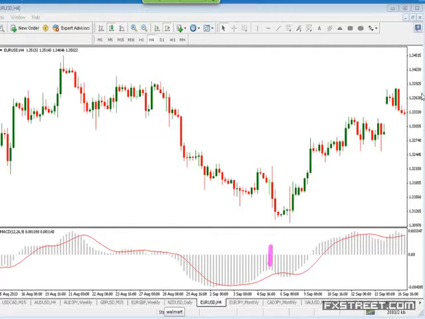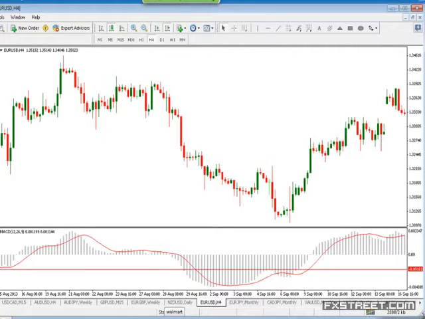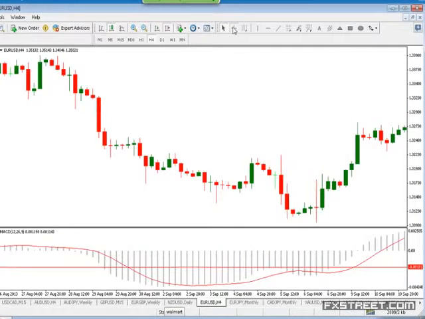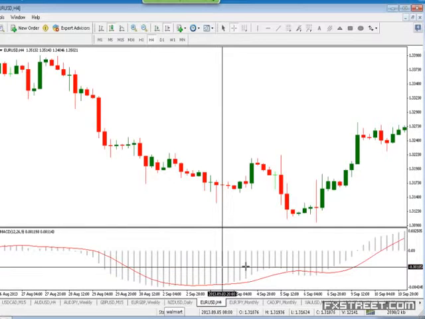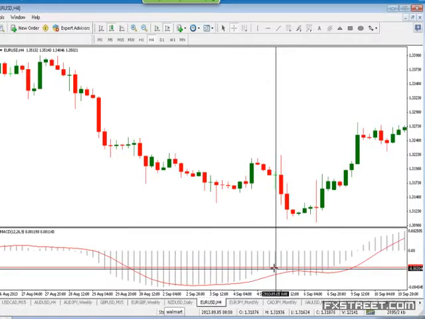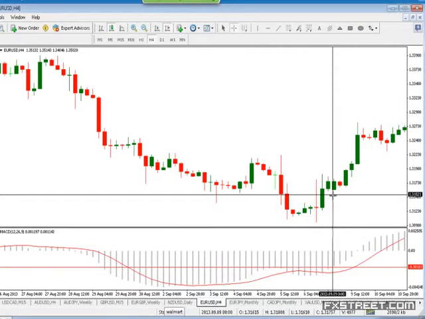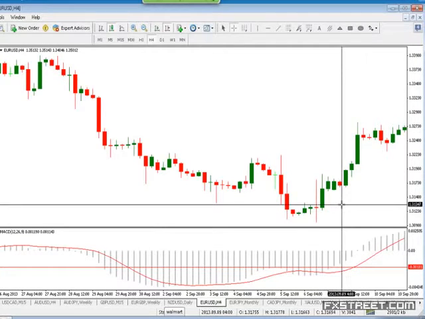And then what I would do is plot a line. Let's do one thing. Let's plot a line over here on the low of the histogram. Right? Let's zoom this a little more inside so we can see it more clearly. As you can see, this is the shortest bar of the histogram between the two peaks. And what I'm doing is plotting a line on the bottom of the histogram. Now, after this peak over here, price starts moving up, and we expect a change of trend.